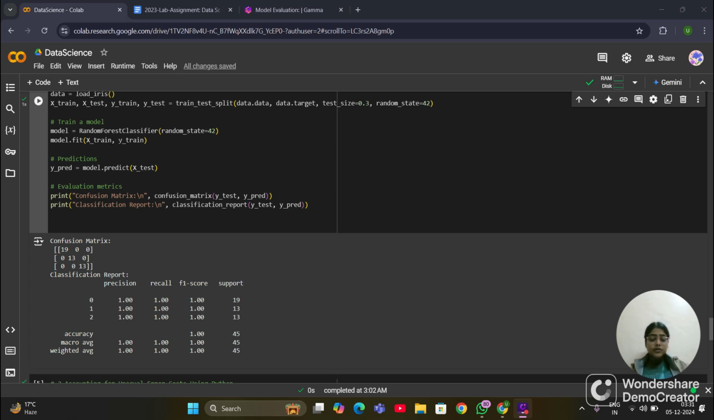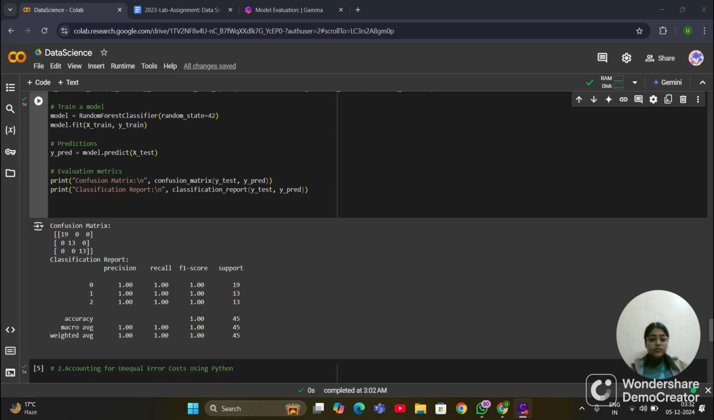model equal to RandomForestClassifier with random_state equal to 42. This initializes the random forest classifier with a fixed random state for reproducibility. And model.fit(X_train, y_train) trains the random forest model on the training data X_train and the corresponding labels y_train. Making predictions: y_pred is equal to model.predict(X_test),